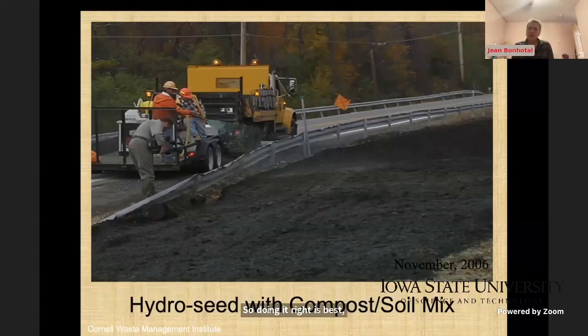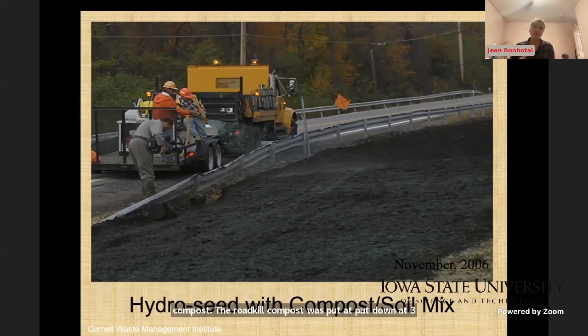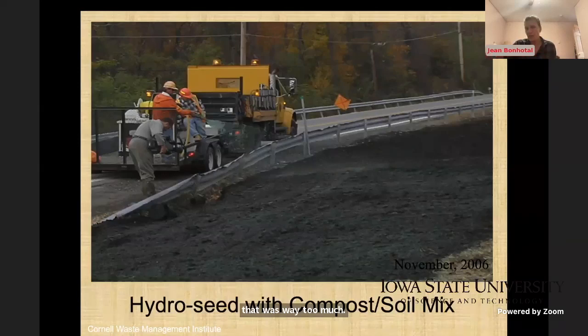This is roadkill compost. The roadkill compost was put down at 3 inches, which made me very nervous because I thought that was way too much compost to put down. Then it was hydroseeded, and they also took some track machines and drove over that so that it was kind of compacted. And I think that's what saved things. This was done in November,